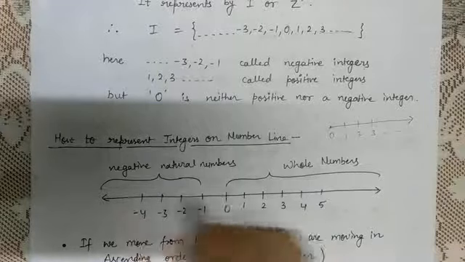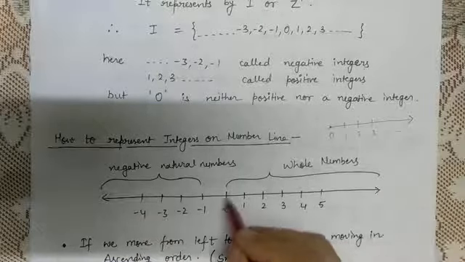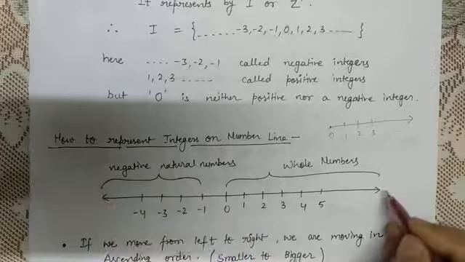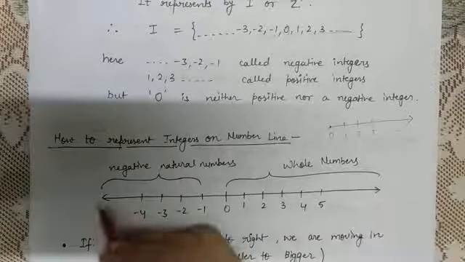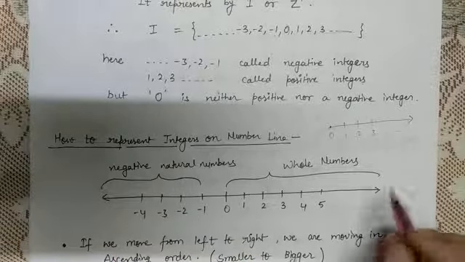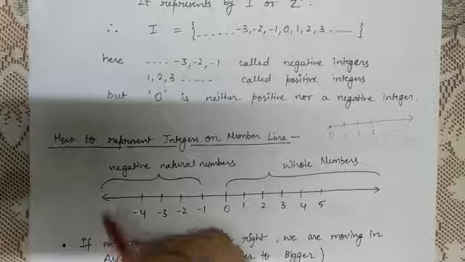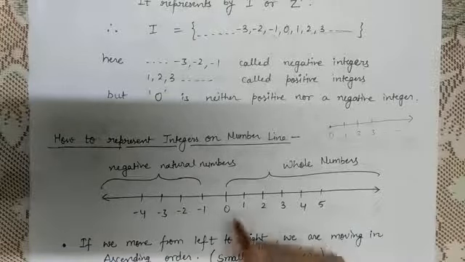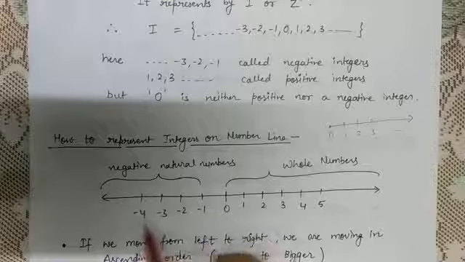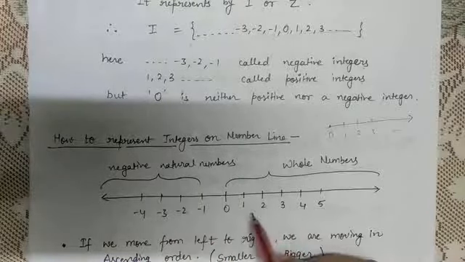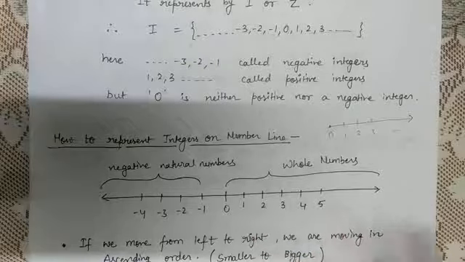First we have to draw a line. We have to take a middle point as 0. At the left end and at the right end, we have to put arrows. Why do we have to put arrows? Because it is a non-ended set. We don't know the starting of the set and we don't know the ending of the set. On the left part of the 0, we will put negative natural numbers, and on the right part of the 0, we will put positive natural numbers.